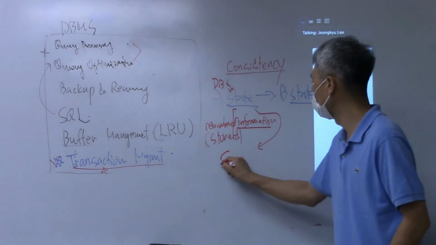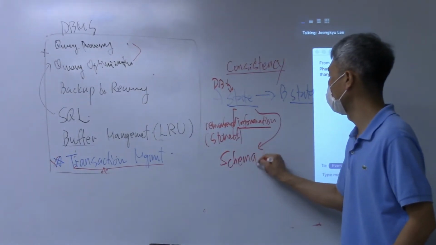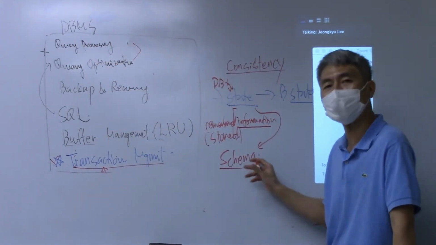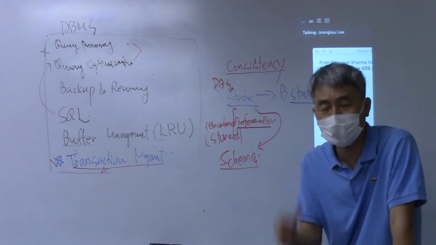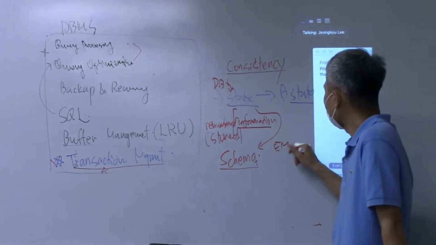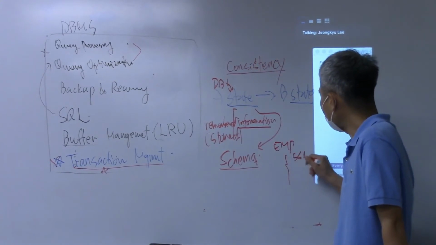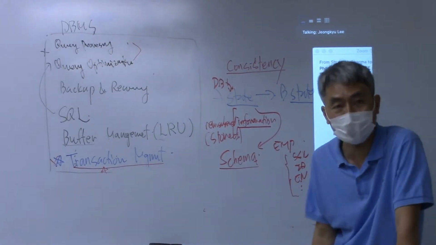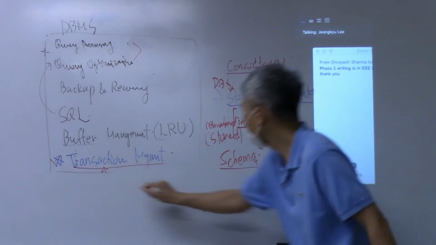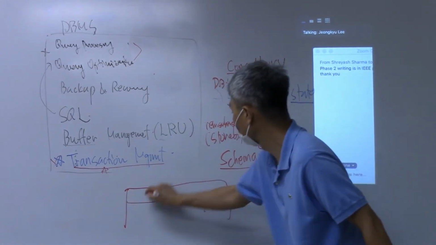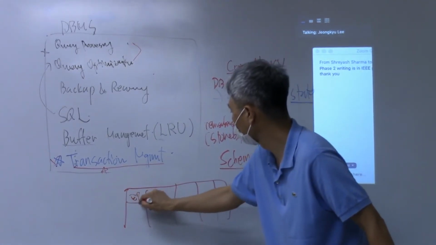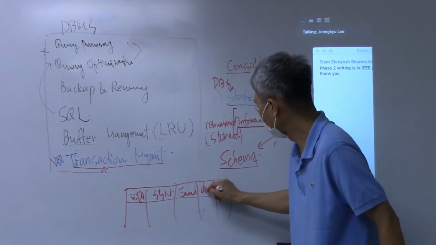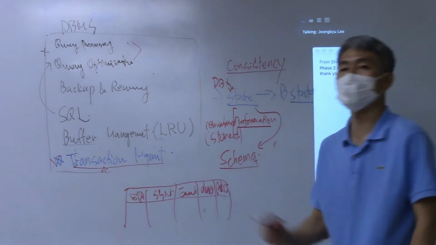One is the schema. Schema comes from the database design. We spend a lot of time creating the database schema. Employee has the social security number, employee ID, and name, e-name, and so on. So this is the database schema. We can create the database schema like this: EID, SSN, e-name, DNO, address. So this is a schema. Plus,